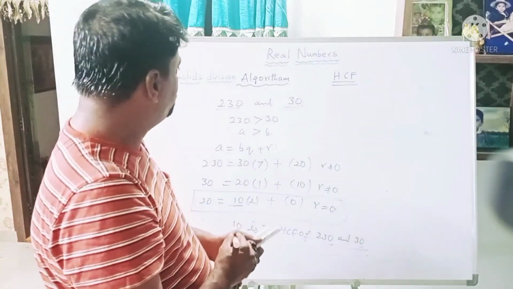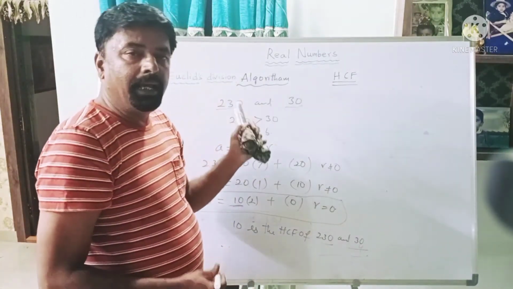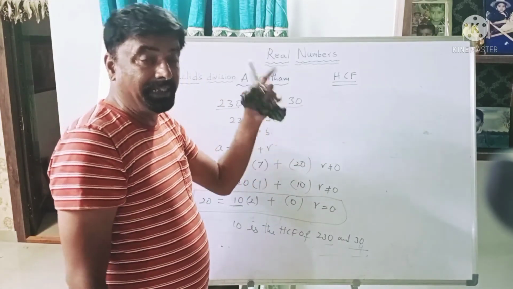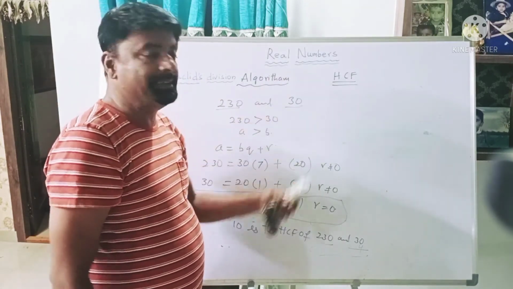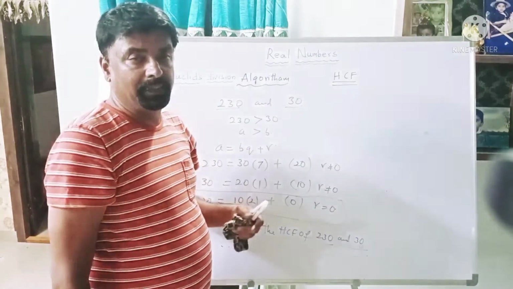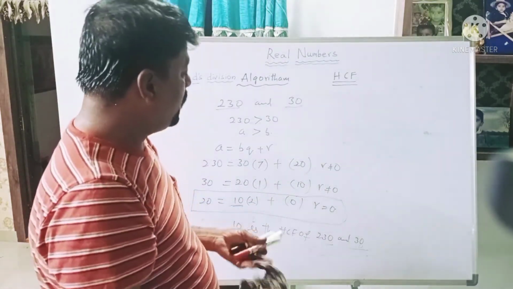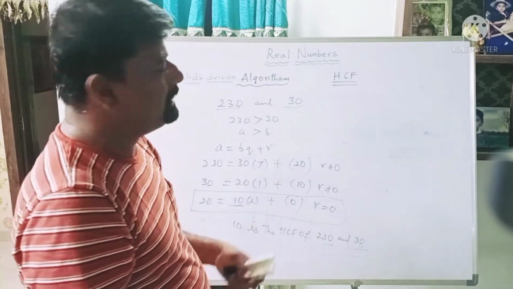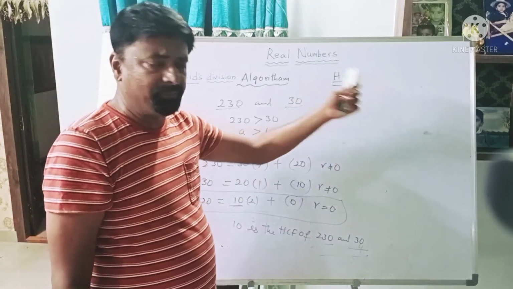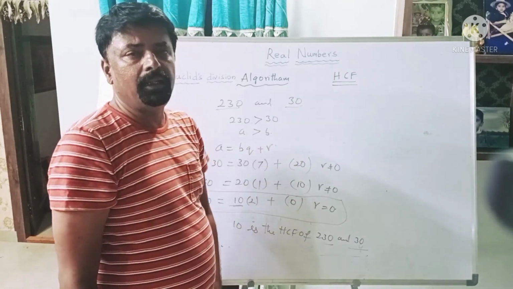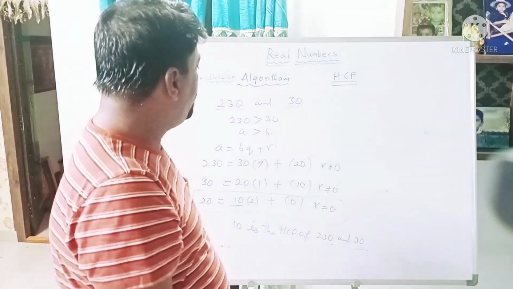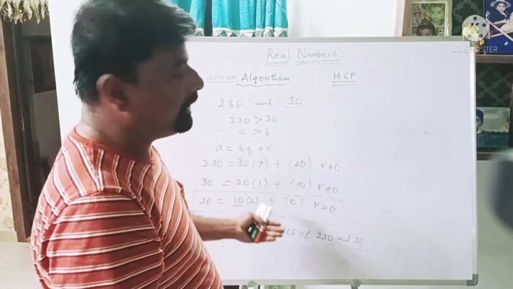So in this class I explained what is Euclid's algorithm and what is Euclid's division lemma and how to find the HCF by using Euclid's division lemma beta, and I have given one important statement. What are co-primes? Co-prime means if any two numbers have HCF equal to 1, those two numbers are called co-primes beta. So this is a very important topic.